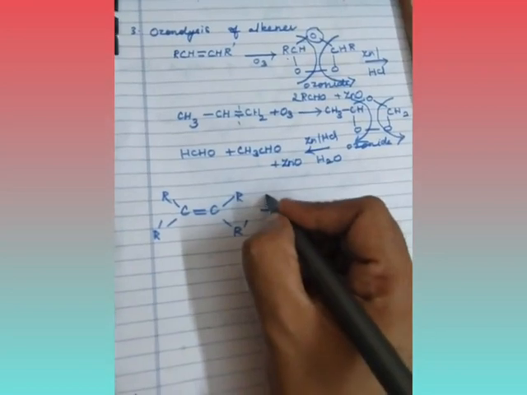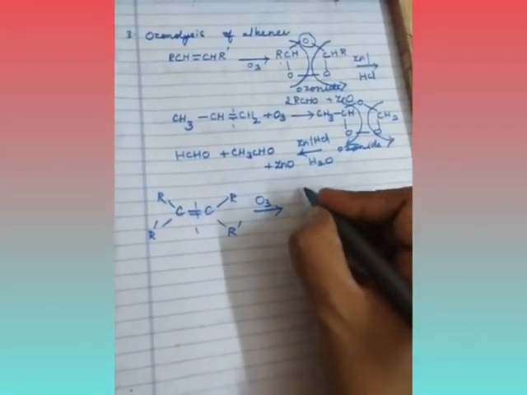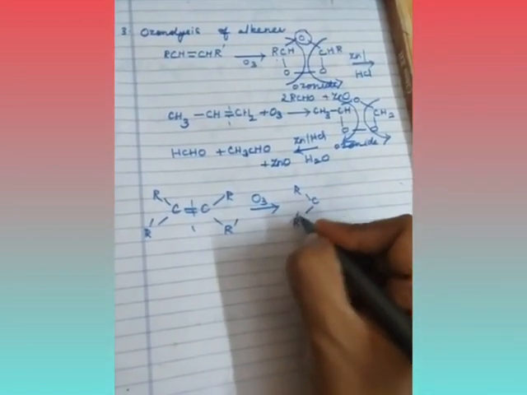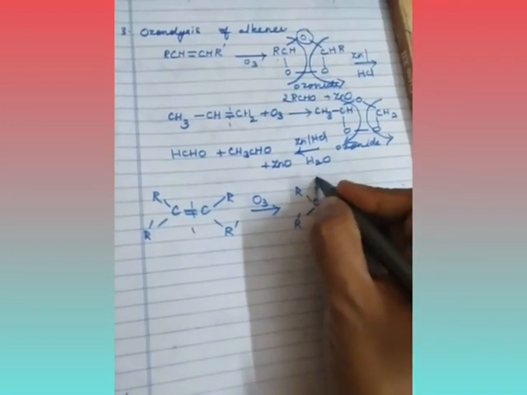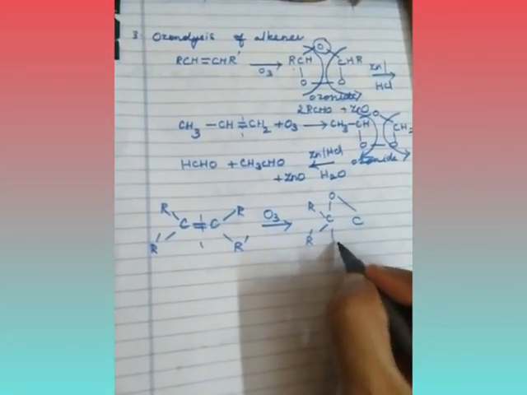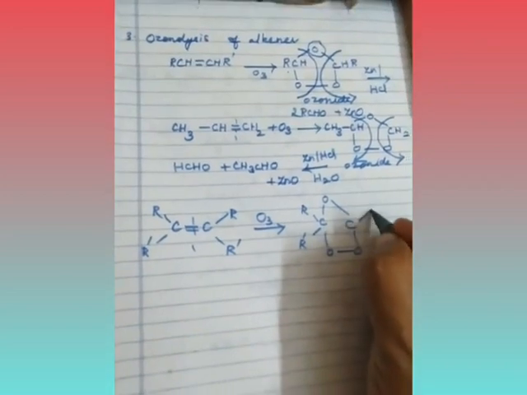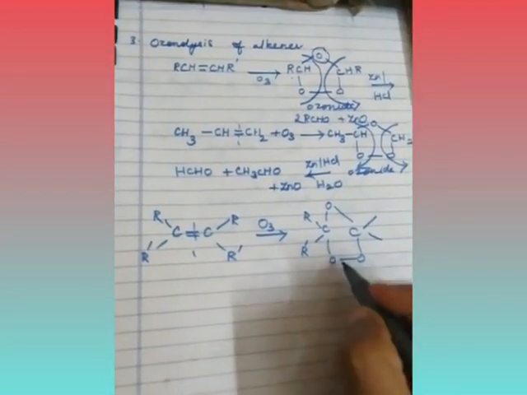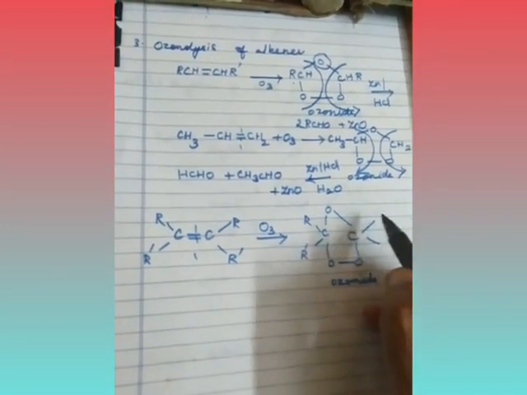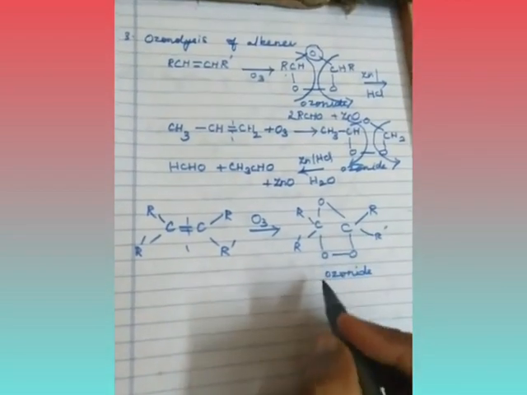So what happens now? Here again ozone. When it reacts, here R, I am not going to touch any other position. I say R dash. Here only one of the oxygen, and again we have carbon. Here oxygen, oxygen. I am not touching any other positions. Simply I am having it like this. Here again, this is also called ozonide. Now here I will have to write R and then here R dash.